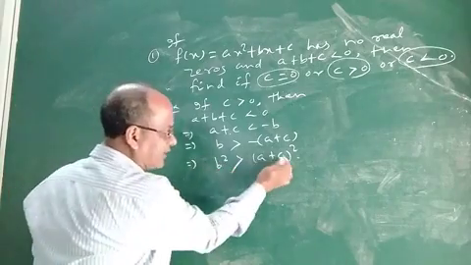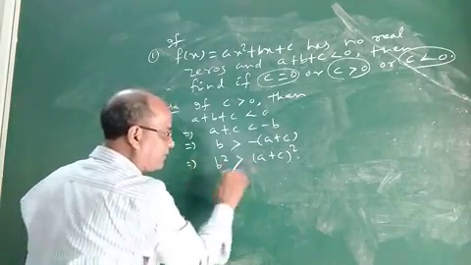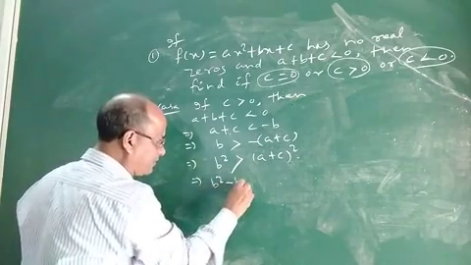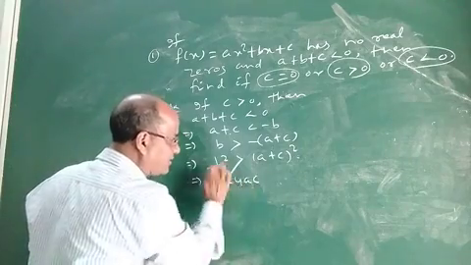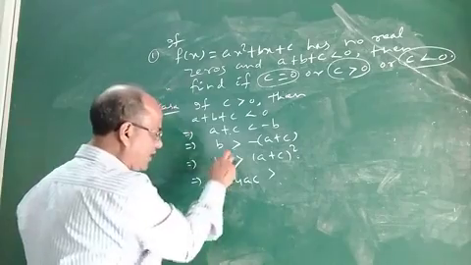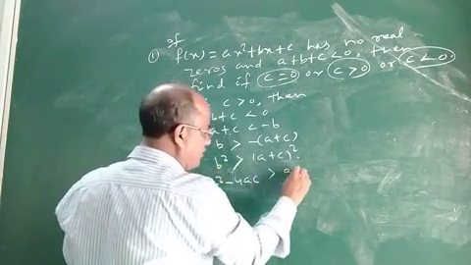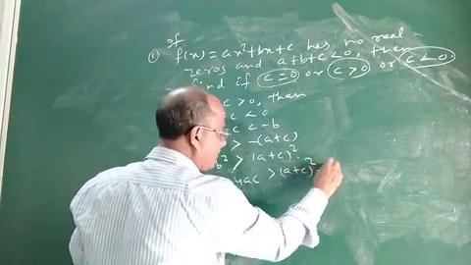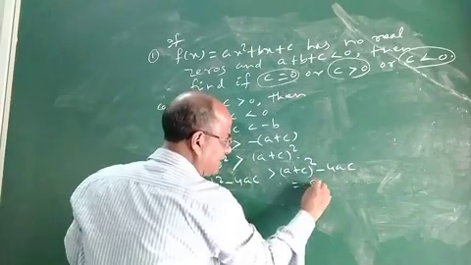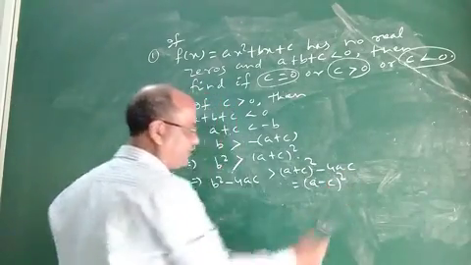Now if b square is greater than a plus c whole square, then subtract 4ac from both the sides. Let us see what is happening if we subtract the term 4ac from both the sides in this inequality. So b square minus 4ac will be equal to a plus c whole square minus 4ac, and on simplification, it will give you a minus c whole square.